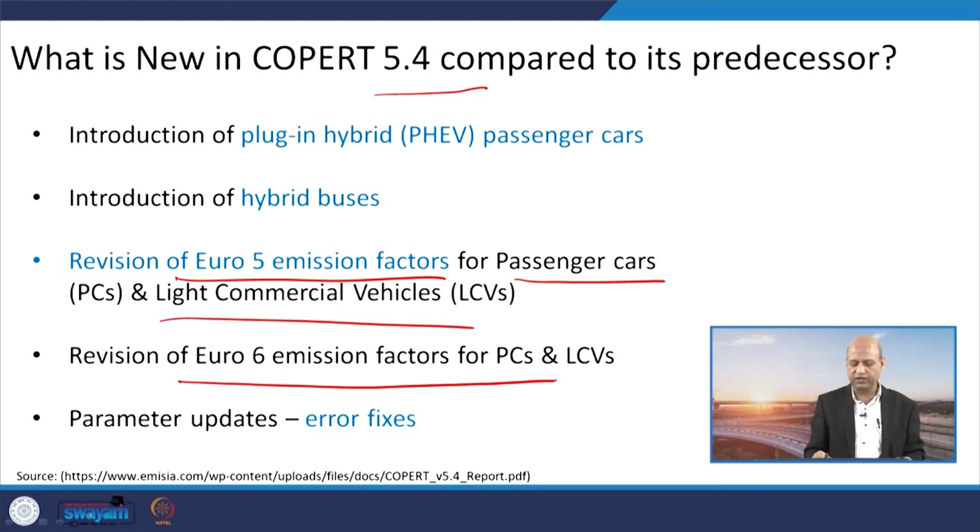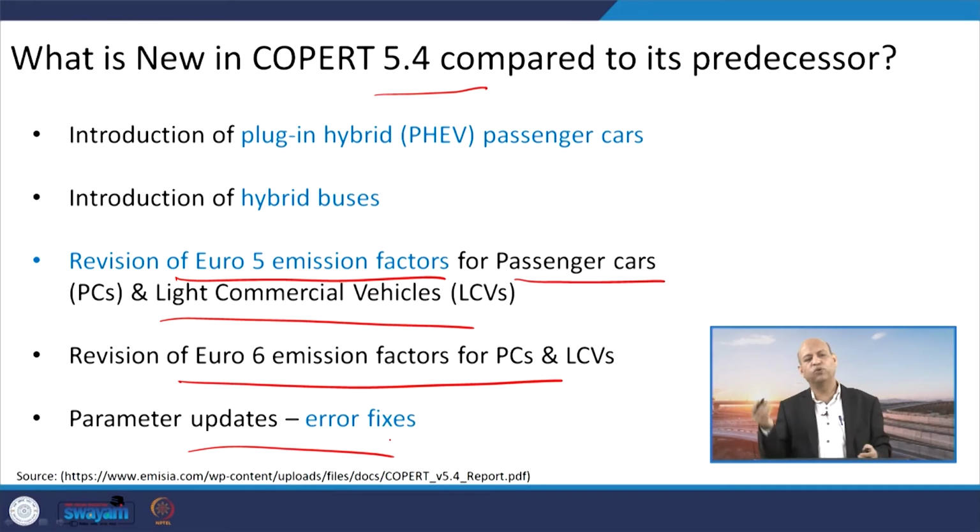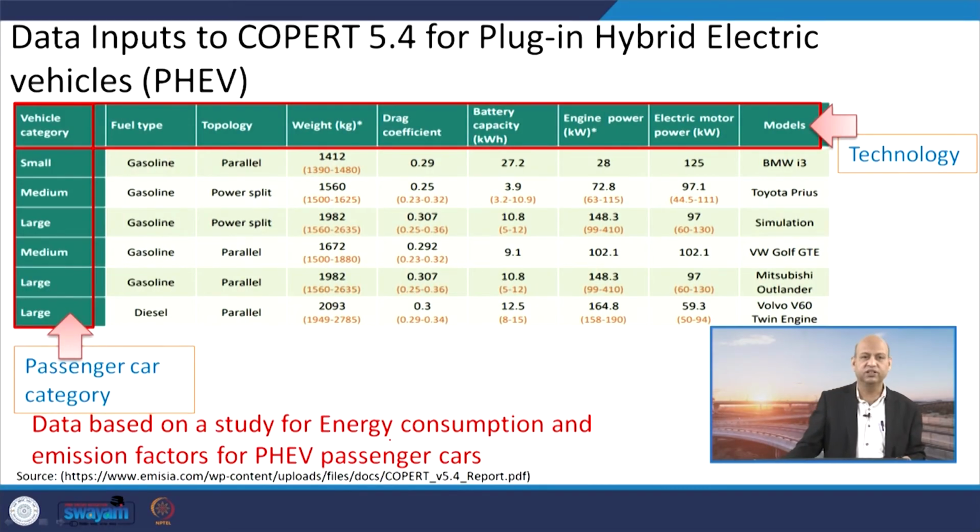Euro 6 emission factors for these PHEVs, that is plug-in hybrid vehicles, and LCVs, light commercial vehicles, are available. And parameter updates mean fixing some errors caused by old parameters, so that error-fixing possibility is also incorporated in this model. When you see this matrix or table, you can see the data inputs for this new version of COPERT